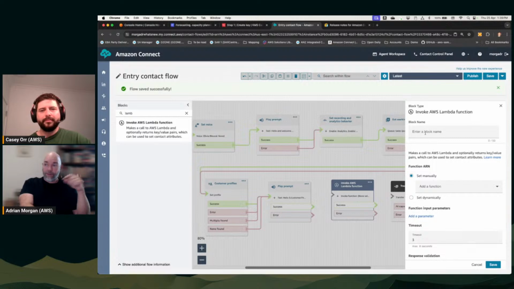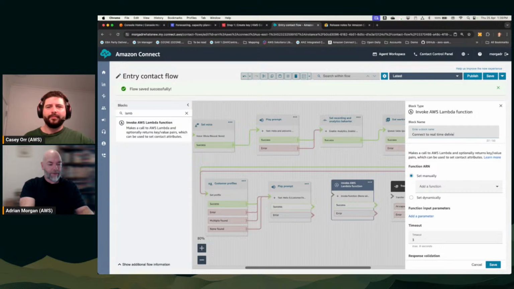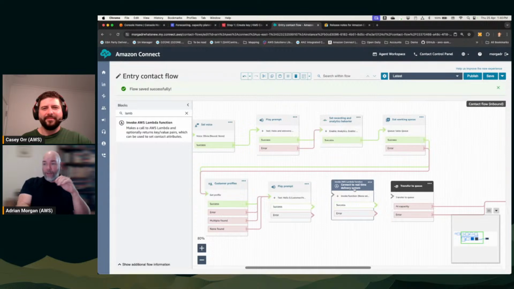One of the things that we did introduce as a usability feature last year, which I do like, is the ability to name call blocks. I could spell, I think that's right. And so now you can call the blocks all the different names that you want, which is really cool. And so you can return effectively through Lambda, and you can write Lambdas in